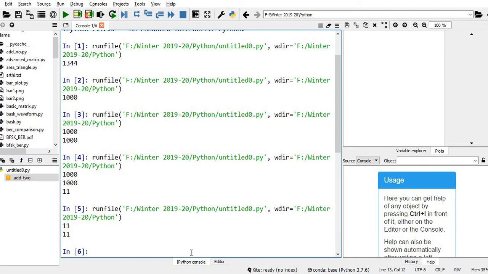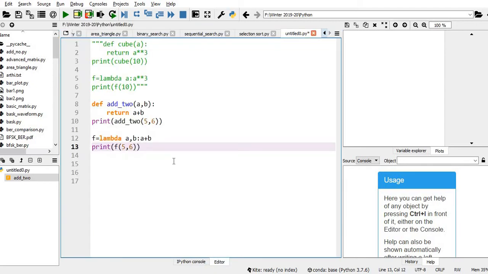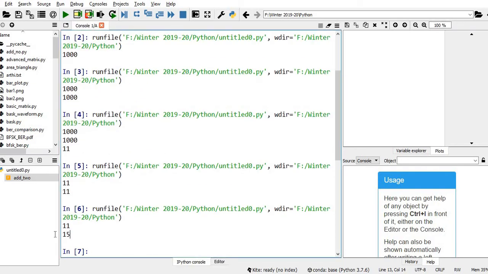You see I'm getting the same output. This can be extended to any number of input arguments. Let me take 3 input arguments a, b, c, and add a plus b plus c. Let me give another input, 4. So 5 plus 6 is 11, 11 plus 4 is 15. I need to get 15. Yes, I'm getting 15.